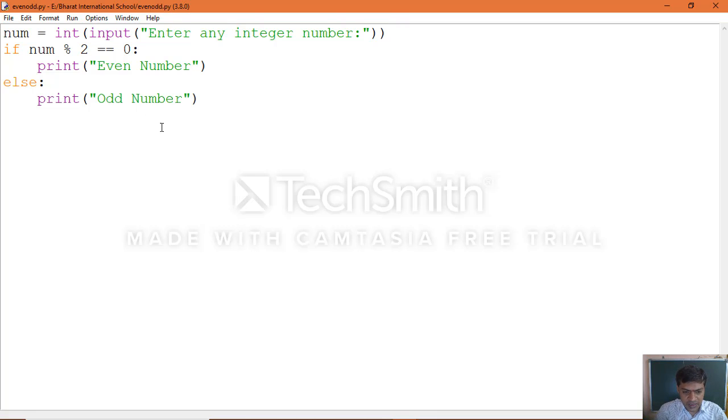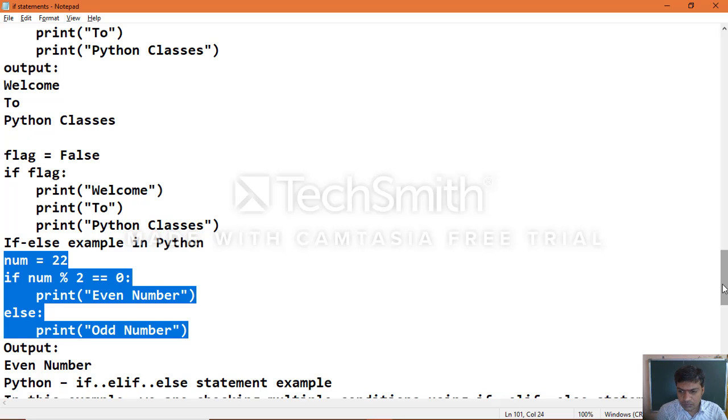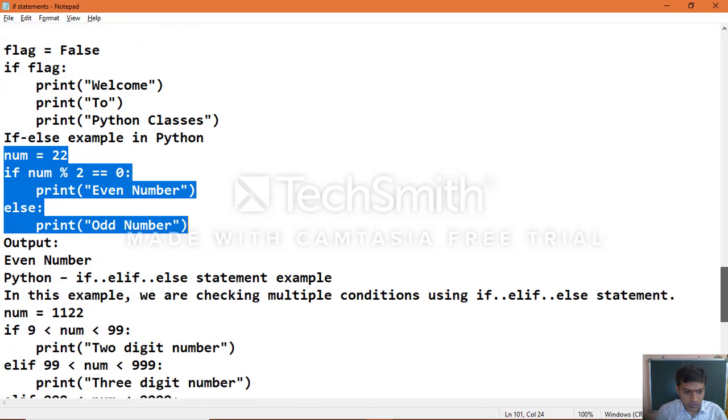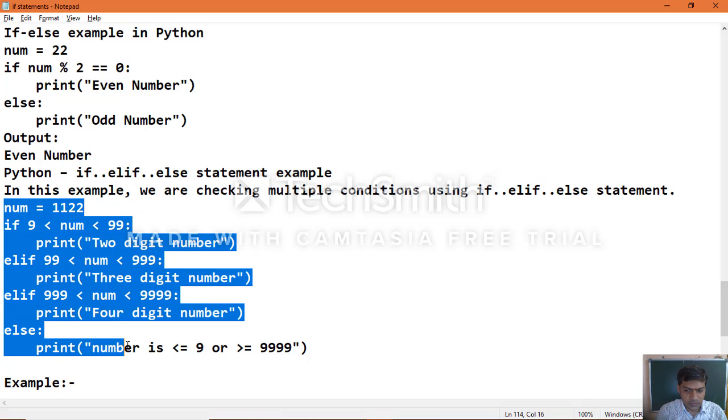Now we'll proceed with another example. Let's see. So the elif condition, which you can see now.